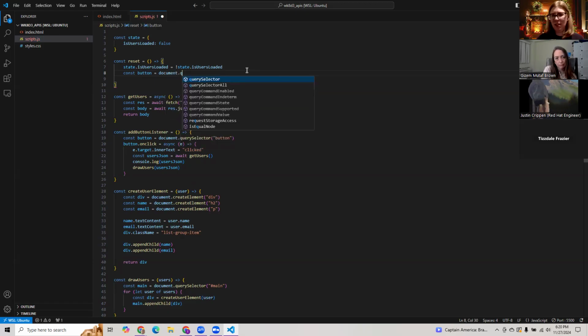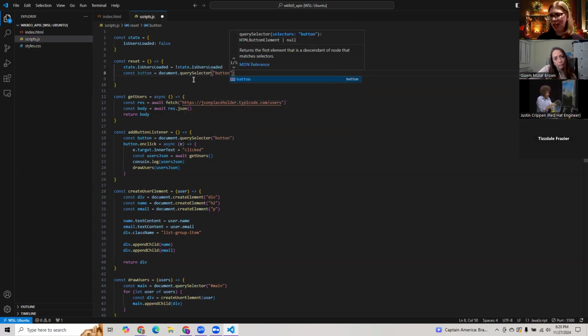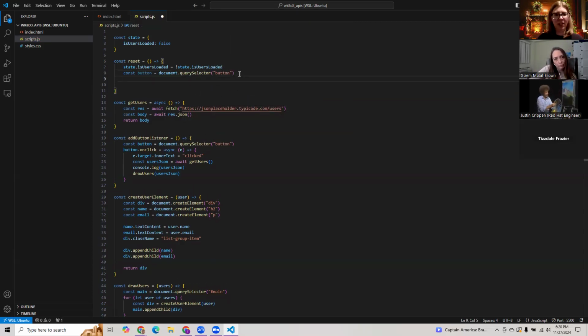We're going to grab our button here: document query selector button. Now when I click that button, this is the toggle that Justin was talking about. This is making that a toggle. We're going to take that text content and we're going to make it